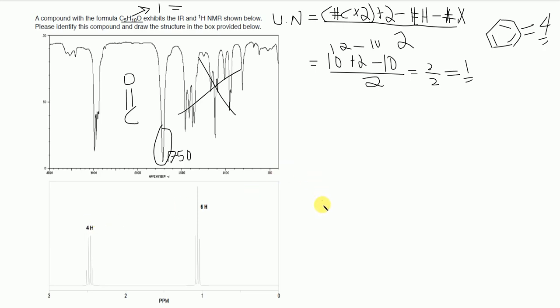So 4H means that I have some carbons, and they're both CH2s. So what this means is I have a CH2 and I have some carbon over here and I have another CH2. And both these CH2s are bonded to the same exact environments, okay? And so that means what it's bonded to over here is,